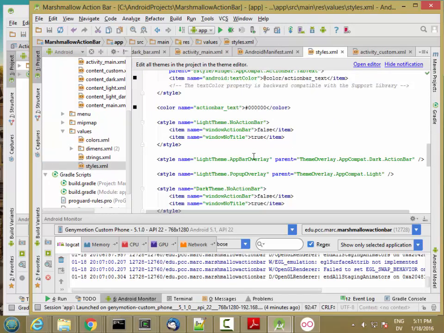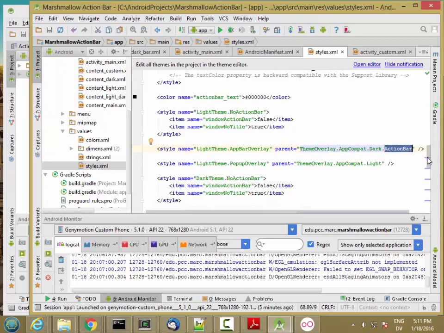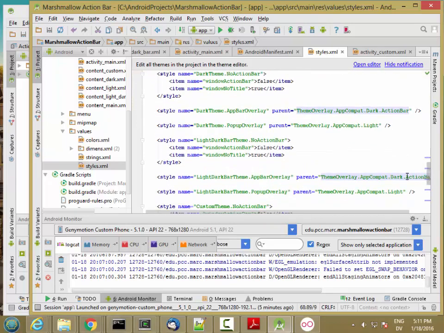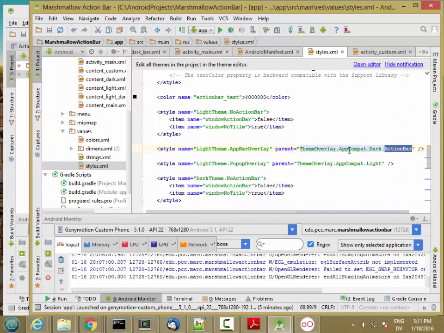And the part that I forgot was that this appbar overlay is based on a theme. And by default, the theme you get is dark action bar. And that's okay for some of the themes, but not for others. So it's okay for the dark theme, because I want a dark bar there. And it's okay for light with dark bar. But for light, what I actually want here is instead of theme overlay appcompat dark, I want, and what I'm